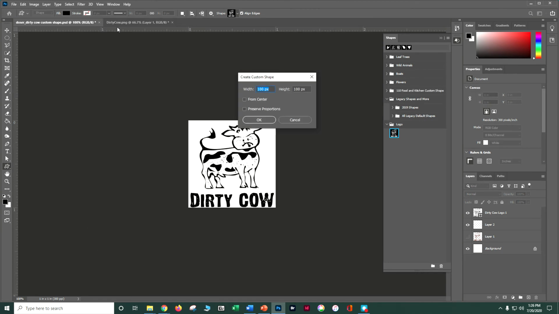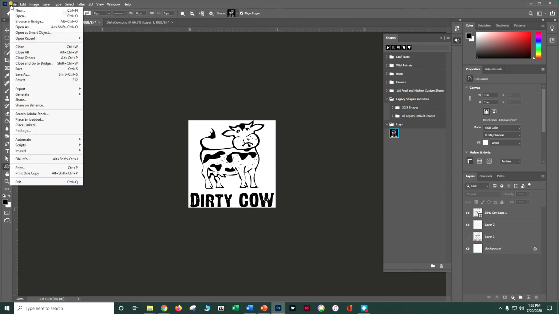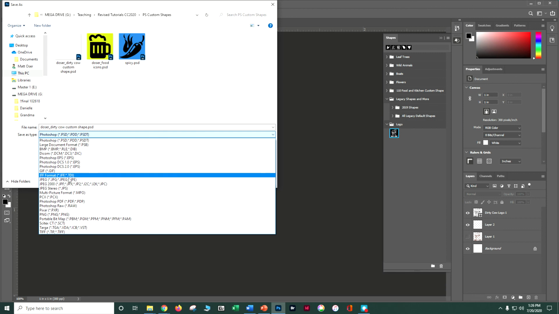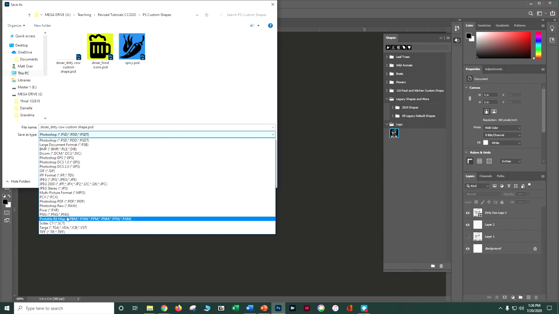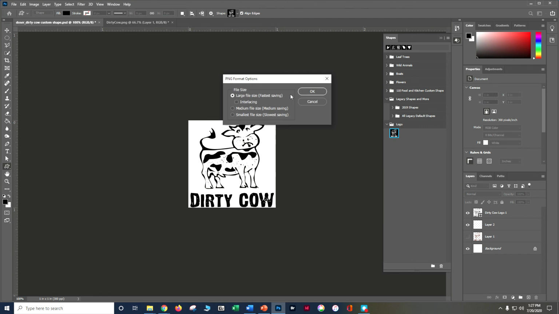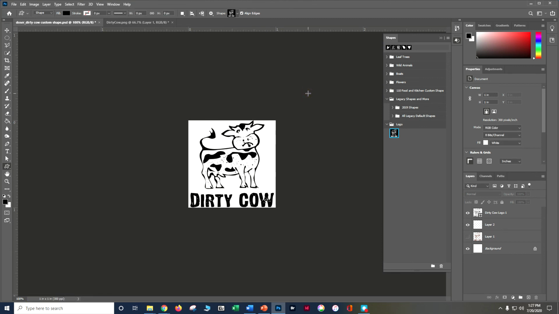Let's do a File, Save As. And if you want to make him transparent, let's call him a PNG. And let's call him Dirty Cow Transparent. And save him as a PNG and say Save. And you'll be good to go. If you want to put a background behind it, you can do that as well. So what you're going to do is